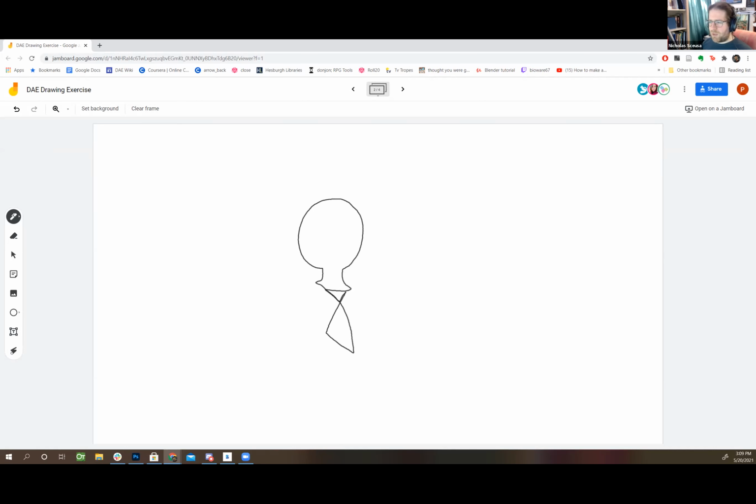Sorry, I just wanted to make sure I was unmuted there. All right. Yeah. I'm on a little bit of delay, so your drawing just finished. So what I will say is, one line drawing. You just can't lift your pen. That's the only rule. All right. I've added a little shape here.